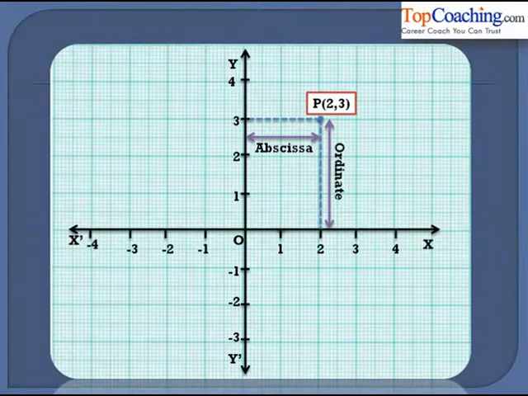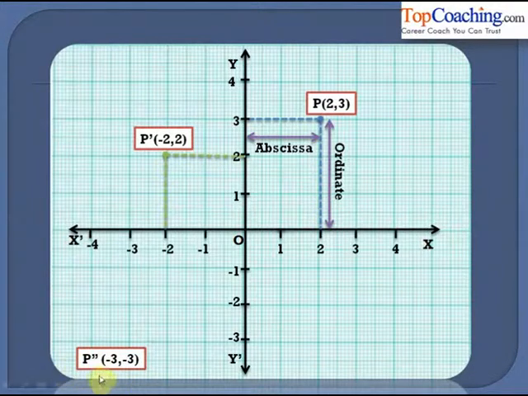So if we have any point in the first quadrant, we can clearly see that the abscissa and the ordinate are both positive. Now let's consider a point in the second quadrant. So let us say that (-2, 2) is a point which is in the second quadrant. Now this is the distance of the point from the y-axis, and this is the distance of the point from the x-axis. So this becomes the abscissa and this becomes the ordinate, or this becomes the x-coordinate and this becomes the y-coordinate of the point. So -2 is the abscissa of this point P dash, and similarly 2 is the y-coordinate of the point P dash.